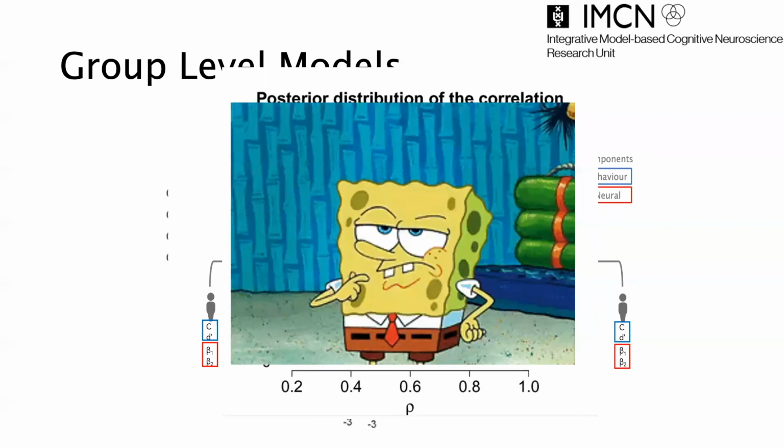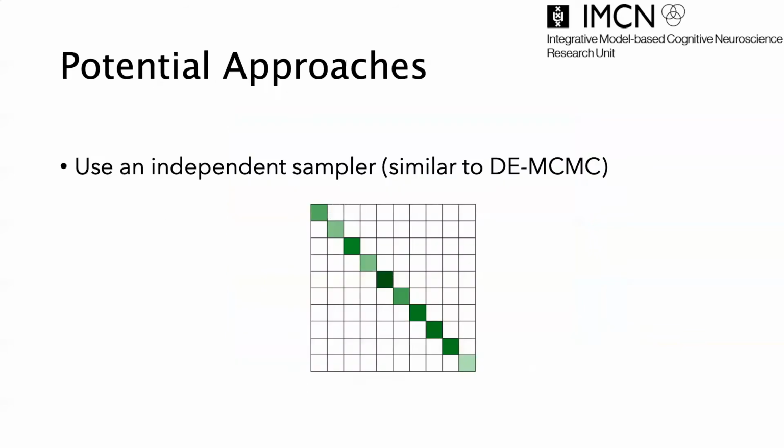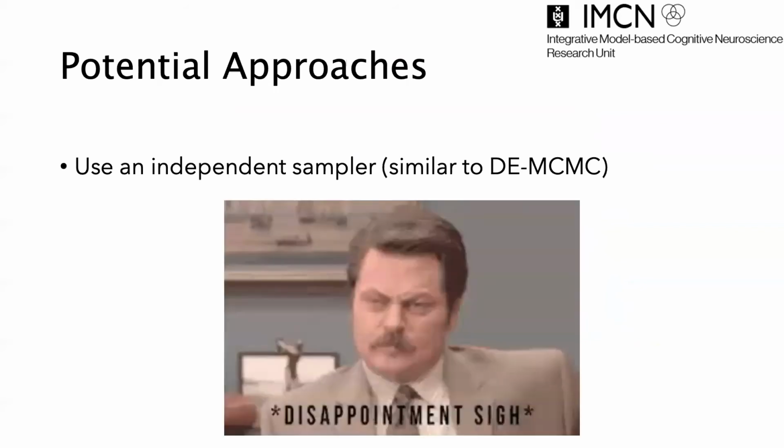So let's think more deeply about some group level models, starting with the parameter independent approach. We call this approach the diagonal approach, as it's the same as estimating only the diagonal of a variance-covariance matrix for a multivariate normal. The benefit of the diagonal approach is that there are fewer parameters to estimate. Great. But we don't get any covariances or in-depth information about relations between parameters. So we're back to where we started.